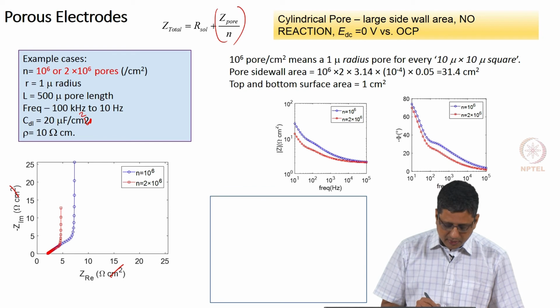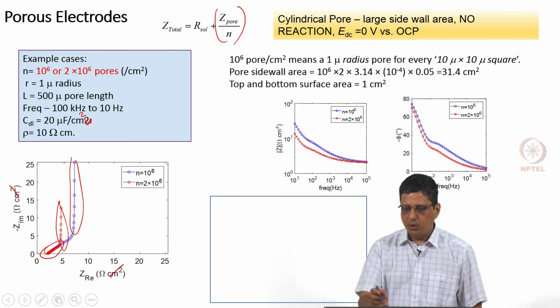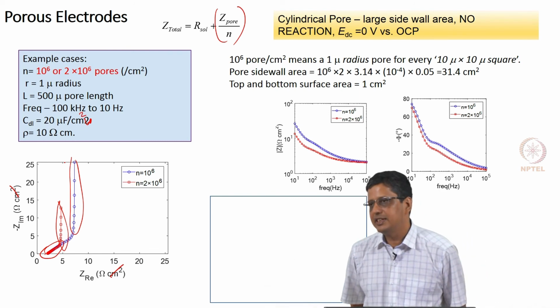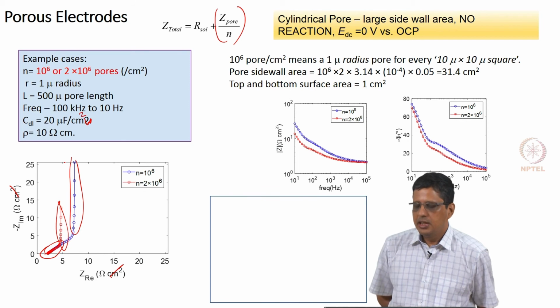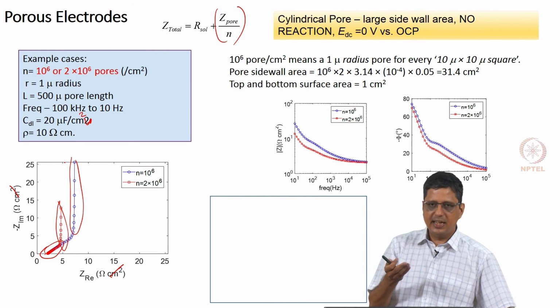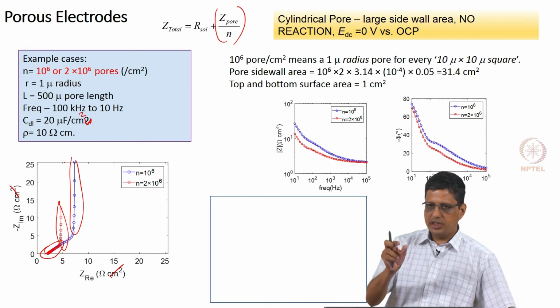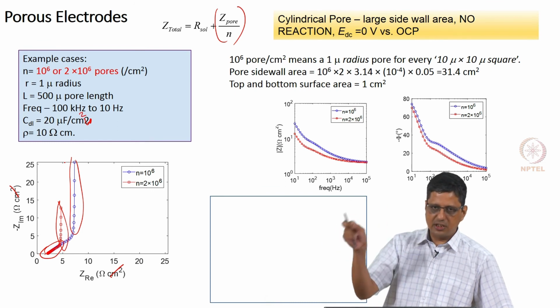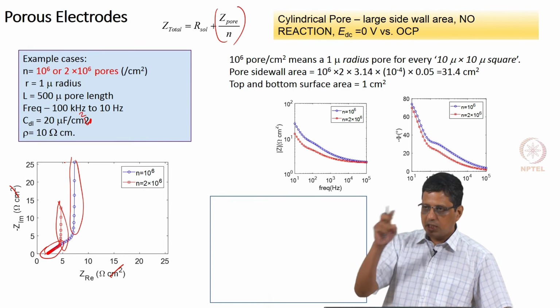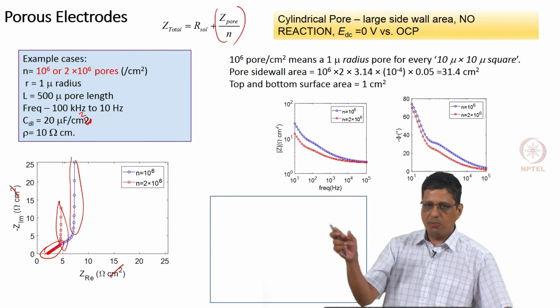Now, if you look here, note this complex plane plot looks like this, that up to some level they are overlapping and maybe at the low frequency there is a difference. Put it in the Bode plot, you will see even at mid frequency there is a difference. It is like saying I have one simple resistor, one simple reaction, solution resistance, reaction, and the double layer capacitance changes in two cases. In the complex plane plot, all the points will just keep moving on the same path, you may not see the difference. In the Bode plot, you will see the difference.